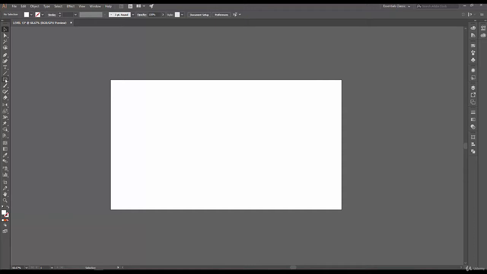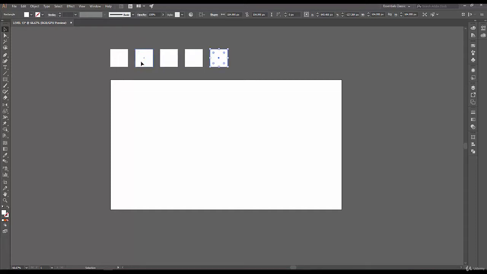Let's select the rectangle tool here. Let's make a square by holding Shift while making it. So there we have it. Now it's a white rectangle. We're going to press and hold Alt and drag another rectangle out of this one. We just duplicated it. We want to duplicate, let's say, three more, so we're just going to press Control D, Control D, Control D, and Control D. So now we have five of these rectangles.